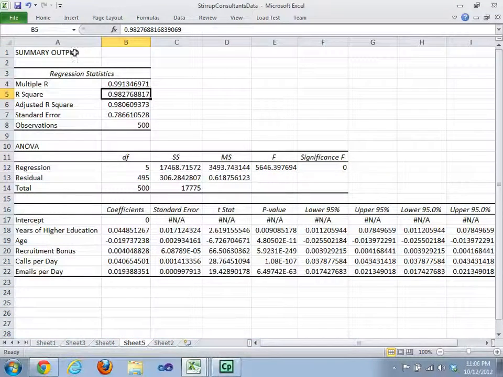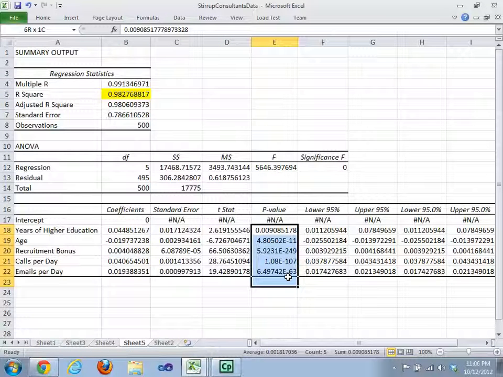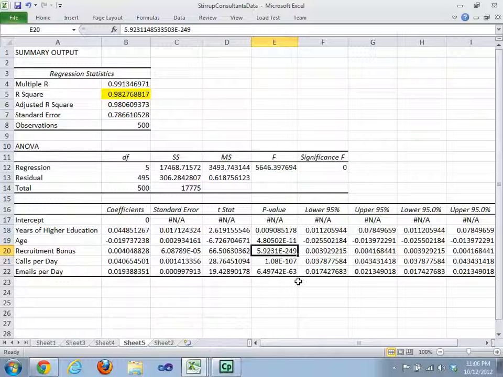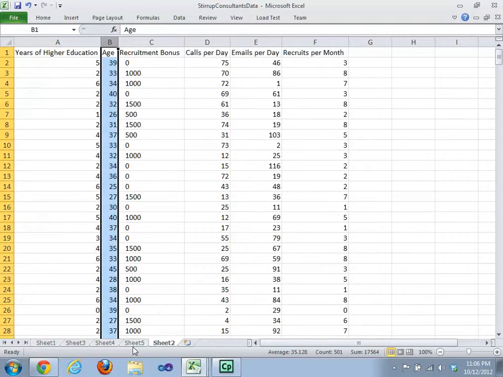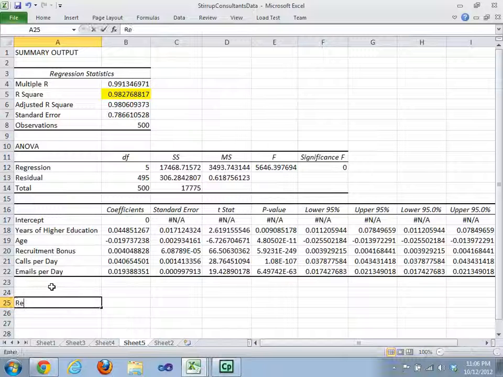R squared is still 98%, which is great. Our p-values are all within range. Recruitment bonus obviously is very much a factor. And so the equation that we're looking at is something along the lines of, okay, recruits per month is equal to 0.044